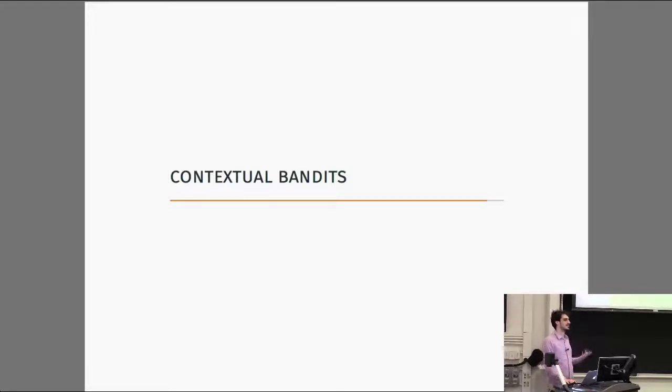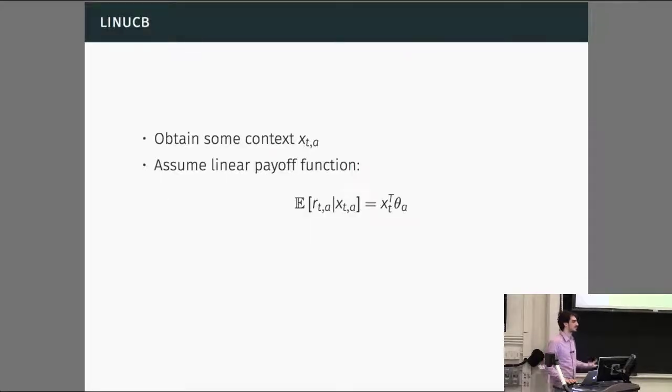For example, in the educational setting, maybe we have some parameters over different users, for example, what their prior knowledge is. Maybe we've used some of the techniques we talked about in the past, for example, using item response theory to measure what their ability is, or what their ability on different skills is. So we have this information as a context for each user. And now we want to say, okay, what activity should we give to the user based on that context? I think contextual bandits might have more promise in the educational setting. It might be more interesting, but I don't think they've been used that much yet.